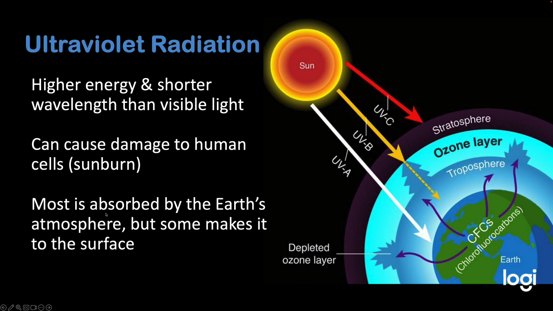And luckily for us, most of this gets absorbed by the Earth's atmosphere. Now, not all of it, of course, because we do still need to put sunscreen on in the very sunny days. But we would get a lot of this absorbed in the outer layers. This ozone layer is very important to block some of that, and this is why in the late 80s, early 90s or so, when we were realizing that some of the pollutants that we were putting out into the atmosphere were actually causing damage to the ozone layer, there was a big international agreement to cut down on these CFCs, these